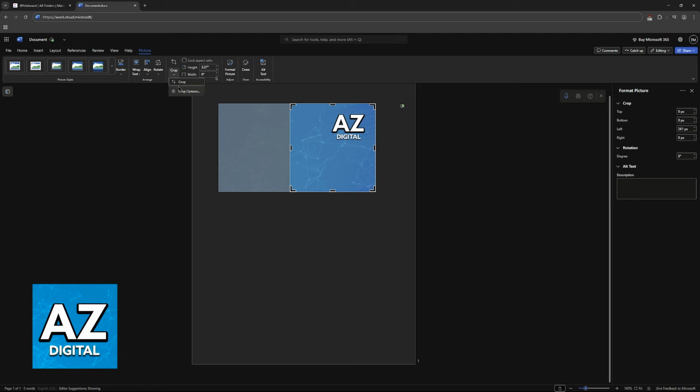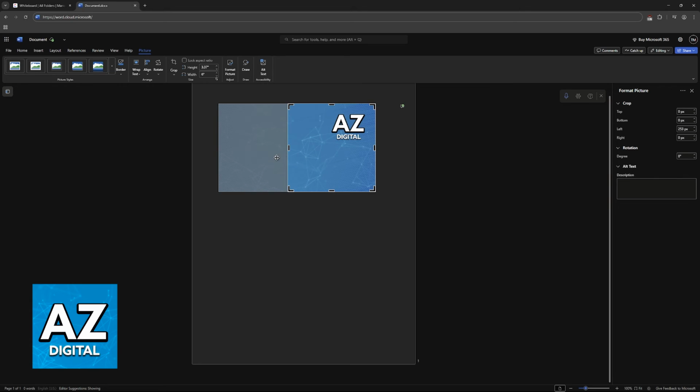If you click on this drop-down menu and you go to crop options, you can also change the size of the crop in pixels. So if you want to be incredibly specific about how many pixels will be cut off, then you just input the amount here. And as you can see, it is going to be updated right away.